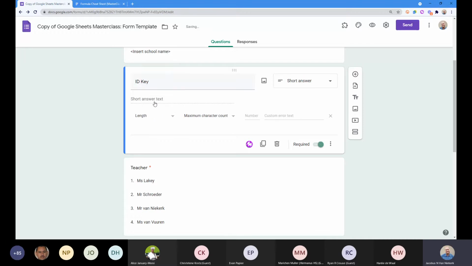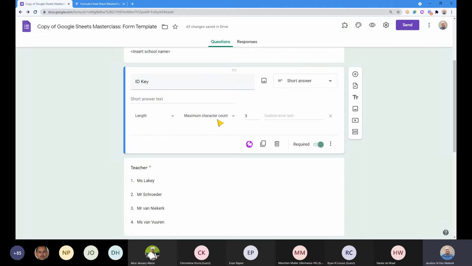But for the most part, what I've found is if you've just got this set up and you limit it to 3, because you know all ID keys are going to be like that, it's going to make sure that people aren't actually typing out the learner's name. And this is only an issue when they start using the system the first time round.